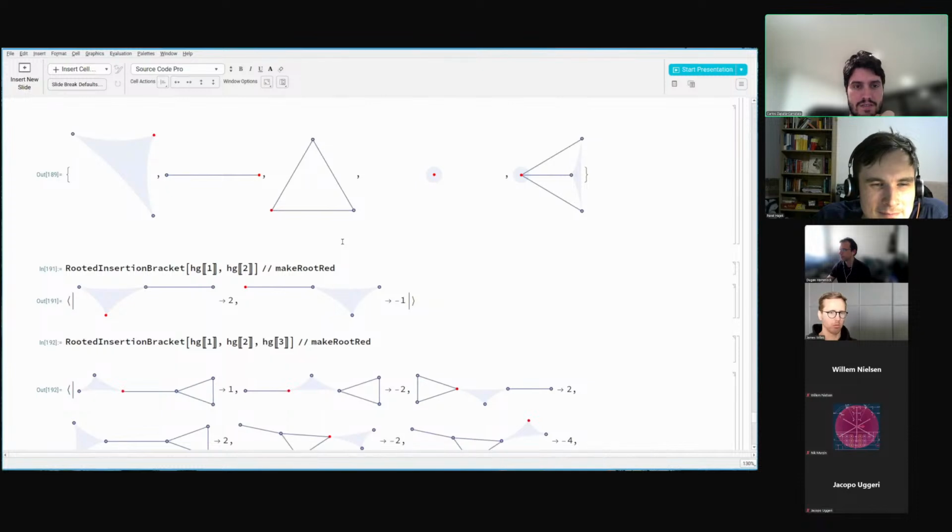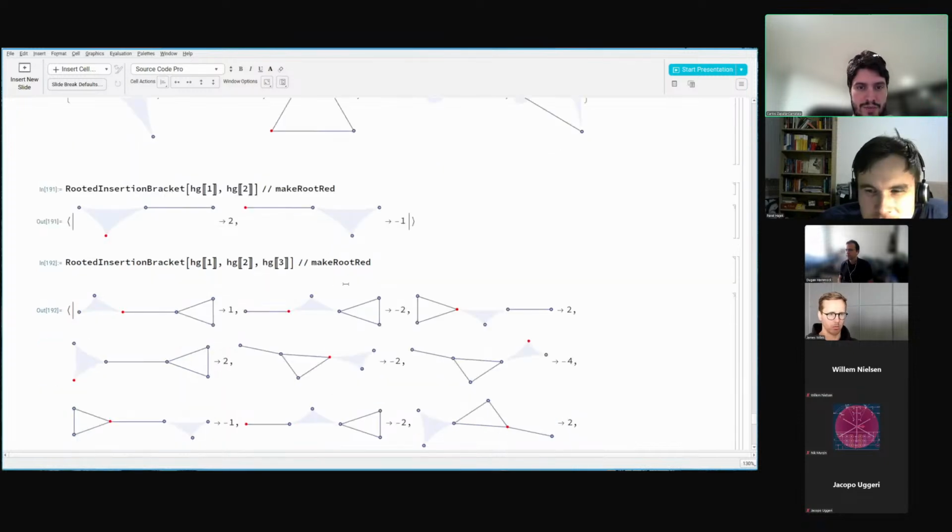Basically. Okay. And then we have some weights going on, -1 and 2. And then the third one, so the second one, it's doing, can you scroll down a bit so we see? So that's just a chain of insertions. They really are all chains of insertions, right? As you said. Yes. I just wanted to make it visually clear what you said in words, so that everyone can see that these are chains of insertions.